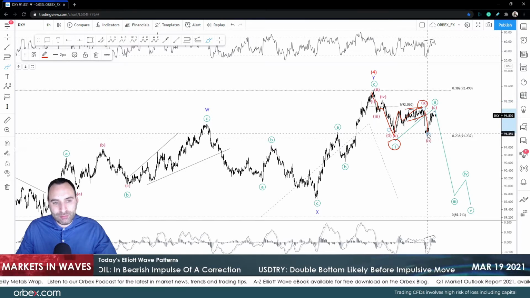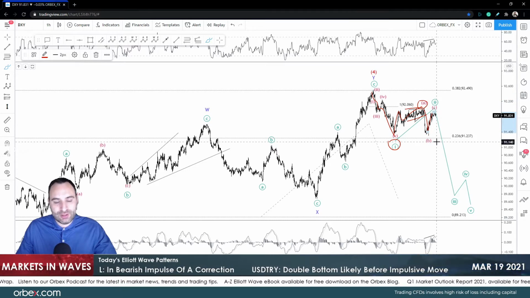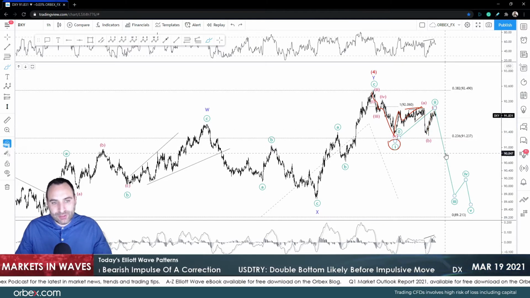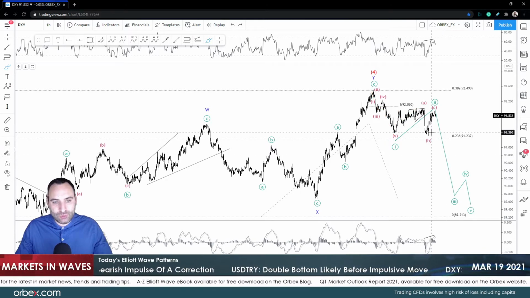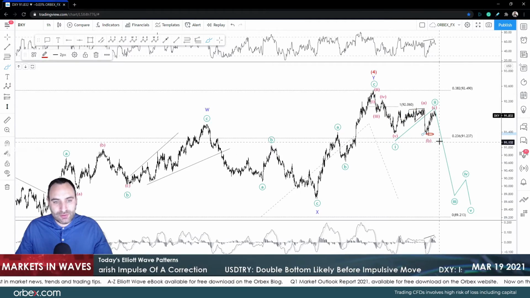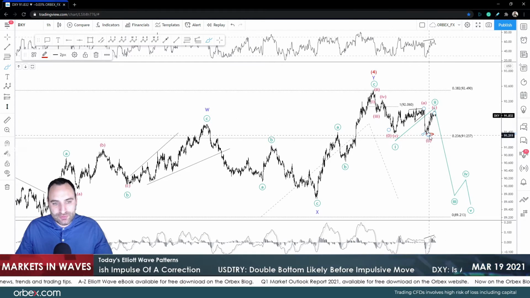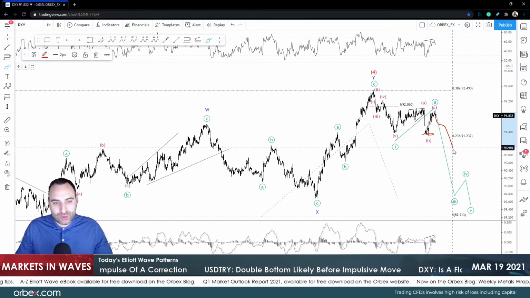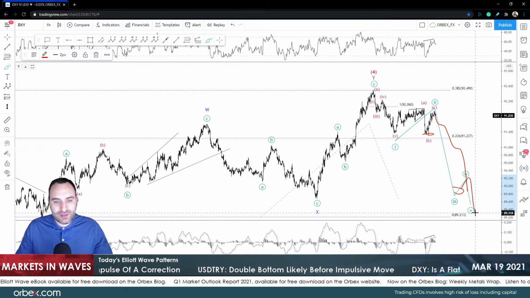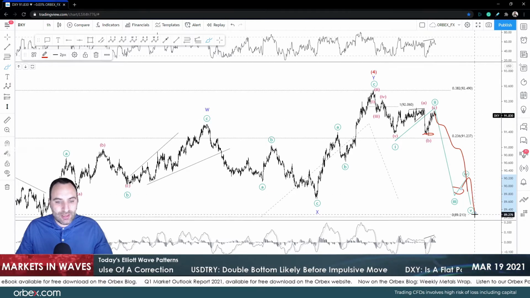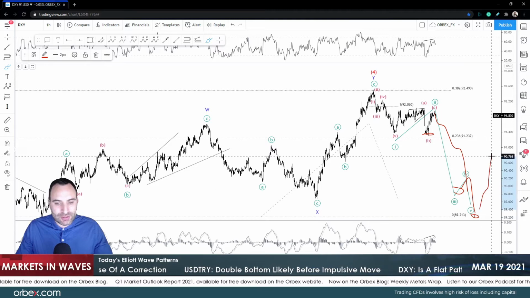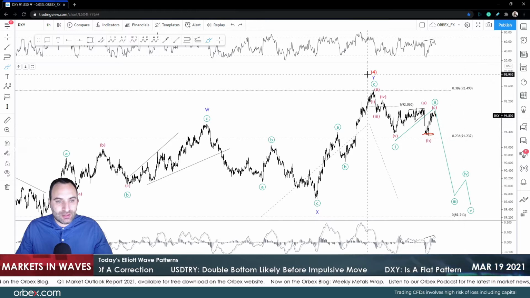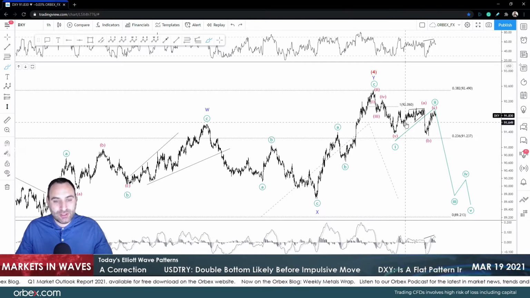Then we've got a B, and then we've got a 5-wave move in C, which means that this pattern over here is a flat. The fact that wave B crossed below the previous wave obviously makes this a running flat so far. Right now, what we really need to see is a continuation on the downside that is going to take us for wave 3, then 4, and then 5. This is more likely going to be minor wave 1. Then we're going to see a correction and a continuation to the downside to complete the red wave 5 and this bearish cycle.